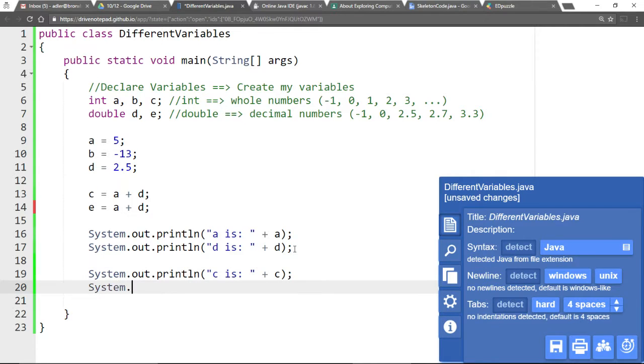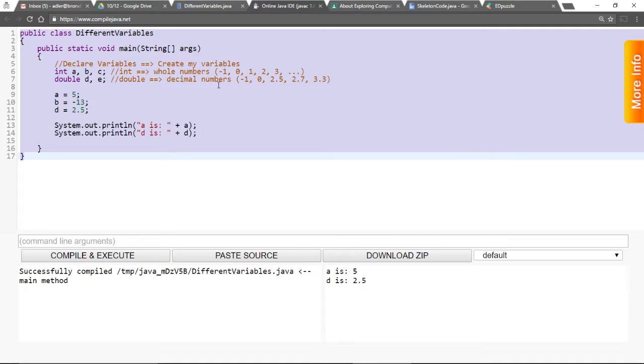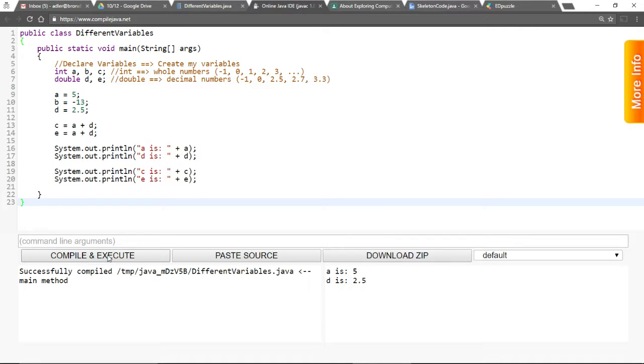And then System.out.println. "E is", plus E. All right, let's Control A, Control C, come here, Control A, Control V, and let's try to compile and